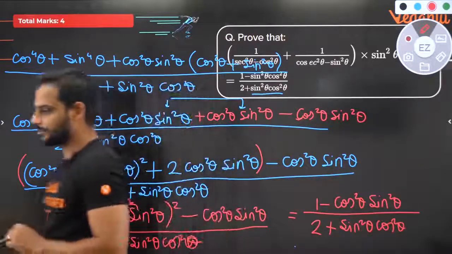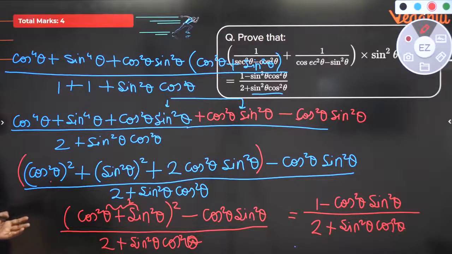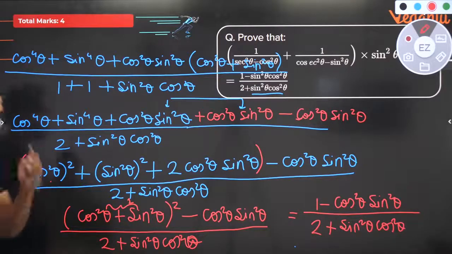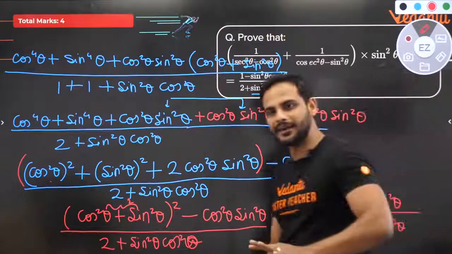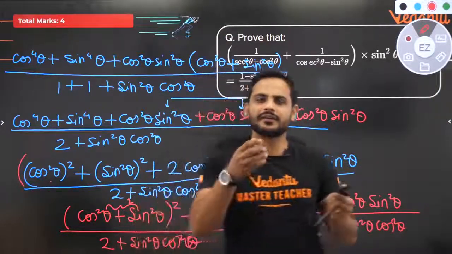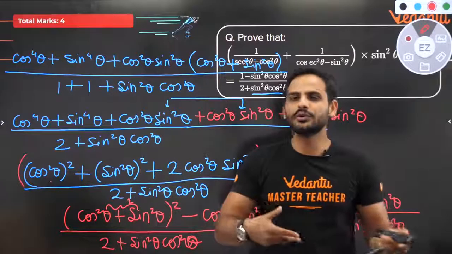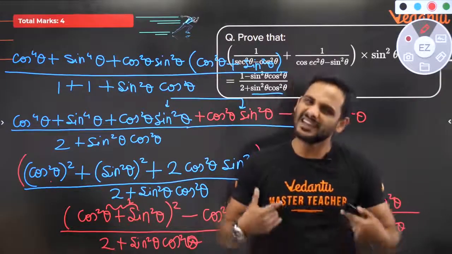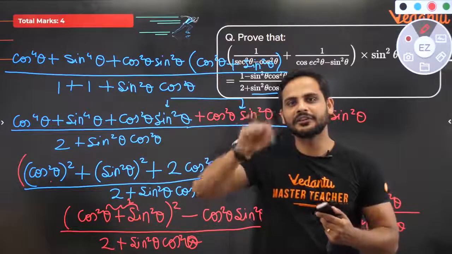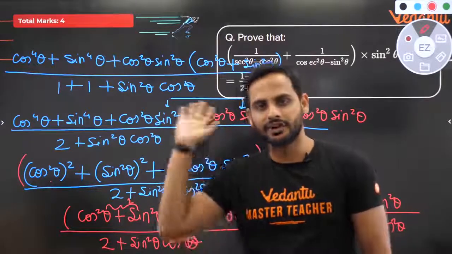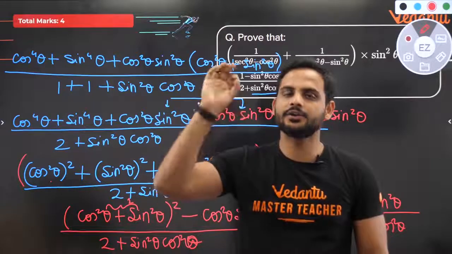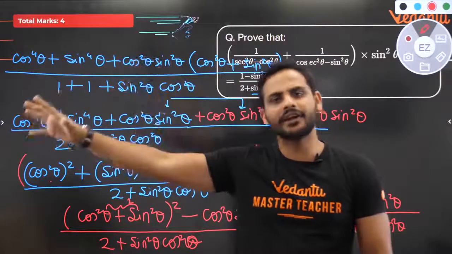Give yourself a huge clap because we have completed the question. As I have told you, it is very lengthy, but at least with this you will understand that the questions are not difficult. Do you understand? Simple algebra it is. Simple algebra. Just try to do plus minus, try to take LCM, rationalize, these are all the things. So try to simplify the expression. Whatever expression is given, try to simplify it and start solving it. When you try to simplify and start solving it, at the end somewhere you will get your answer.